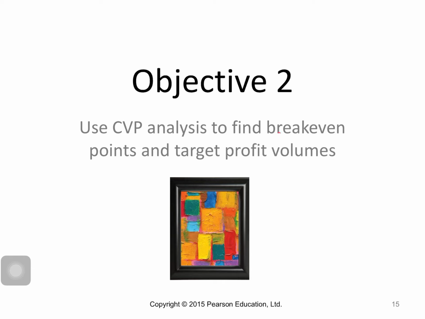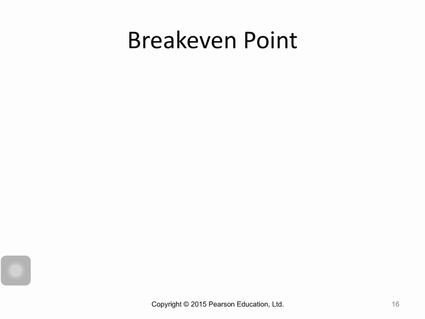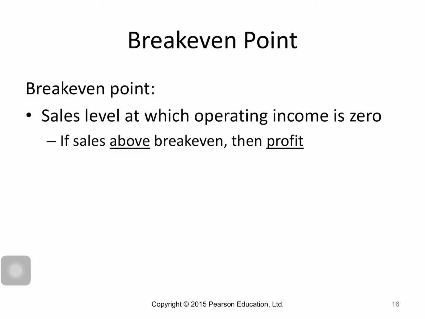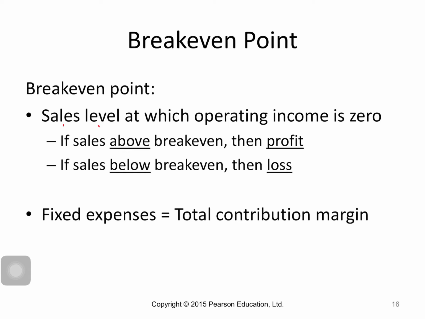Use CVP analysis to find break-even point and target profit volumes. So what is actually the break-even point? Break-even point means the sales level at which operating income is zero. If sales are above break-even, then there is profit. If sales are below break-even, then there is a loss. So it simply means that the break-even point tells you how much sales you need to make to get no profit,